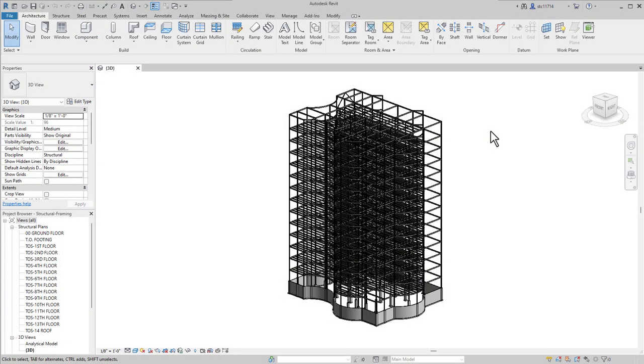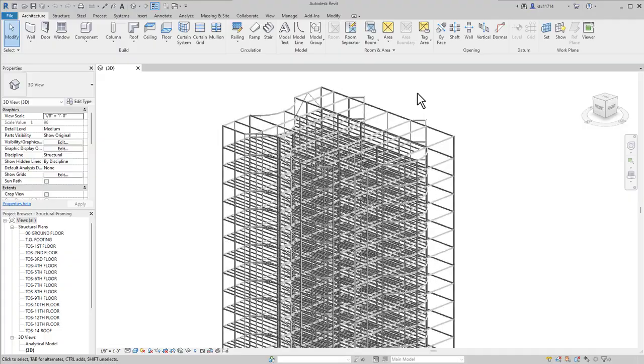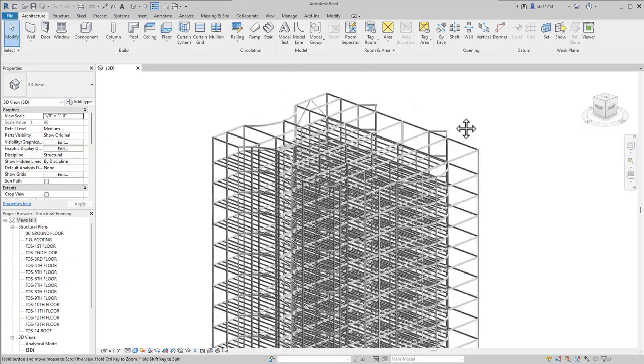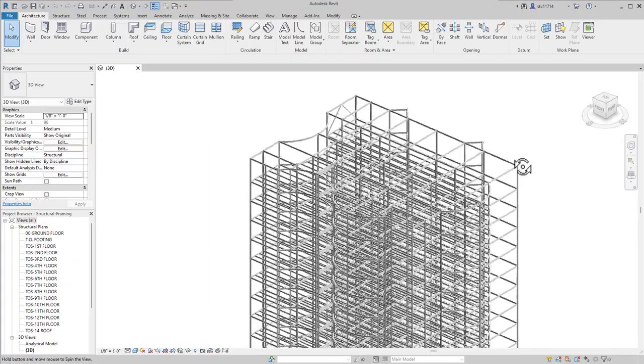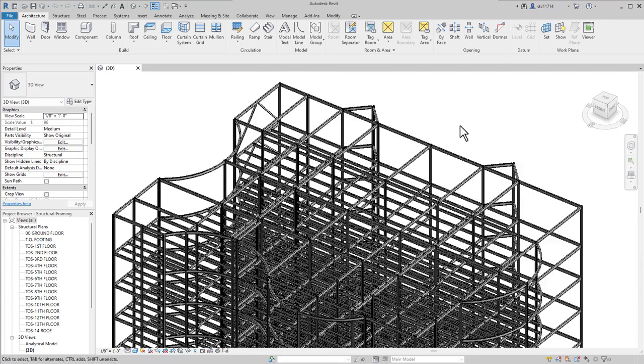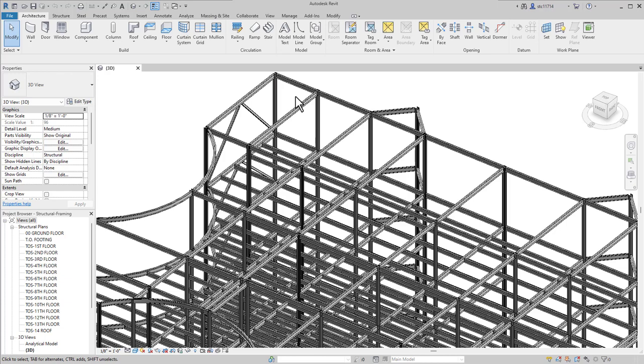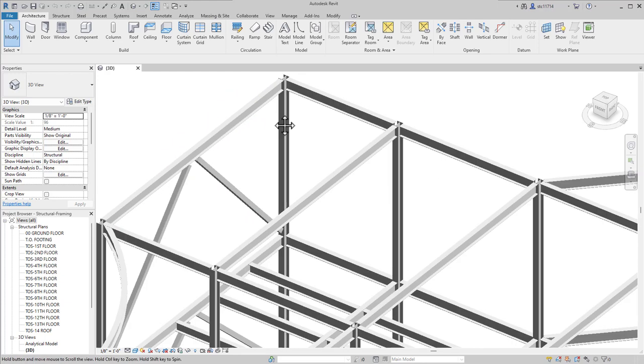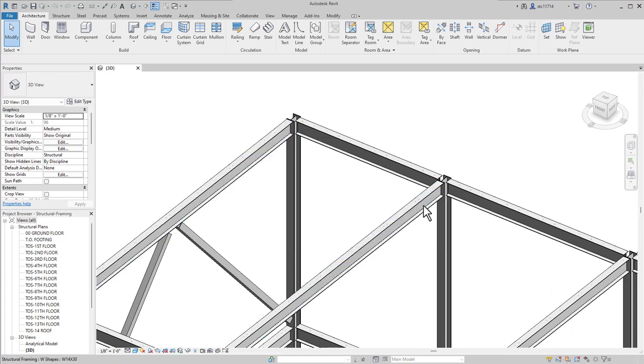In this video, we're going to take a look at some ways in which we can modify structural framing in Autodesk Revit. Previously, I had created some framing and I did not copy the beam systems to the roof level. And that is because we're going to use some different beams up here on the roof. For these beams to work though, we are going to have to move some of the existing beams down 2.5 inches to fit these other beams that will basically hang on the tops of these.